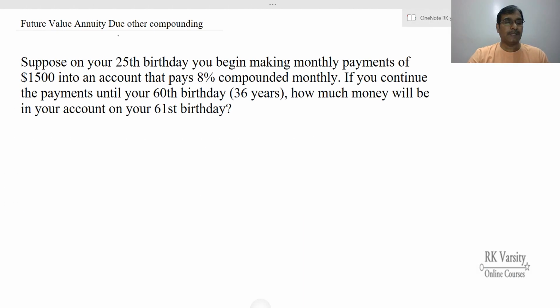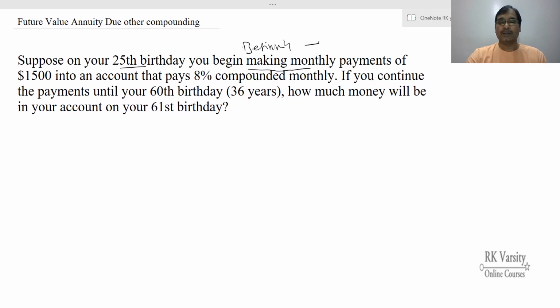So here is an example. Suppose on your 25th birthday you begin making a monthly payment. So on your first birthday it is a beginning one. So this gives you a clue to the annuity due. Alright. To calculate future value annuity due